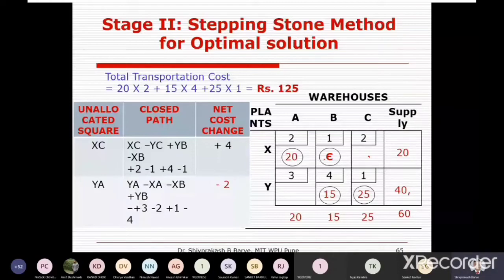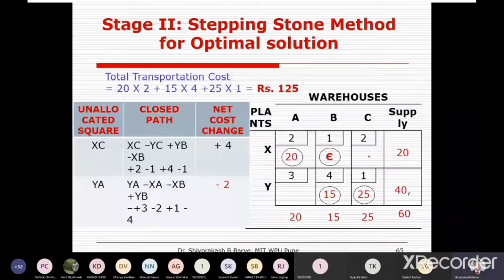So an even number of cells is required to make a closed loop, because for making a closed loop we are using only horizontal and vertical lines, so that we are getting an equal total of positive and negative corners. So here we got this, or we can draw the proper closed loop by addition of this epsilon. Means the position of epsilon is yes.